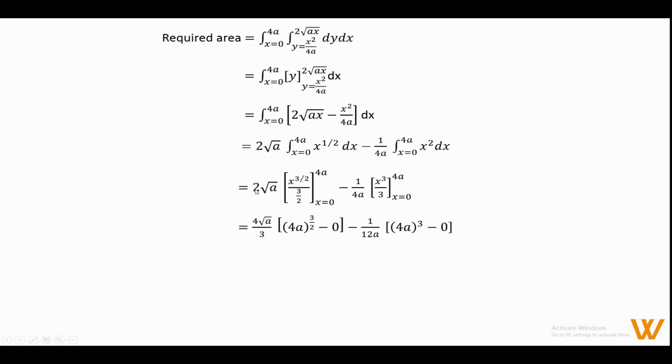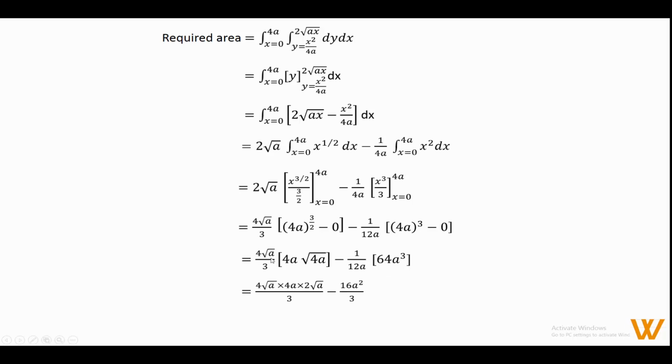into this 2 is 4 root a upon 3. Inside the bracket first put upper limit, x is 4a, so 4a raised to 3 by 2 minus 0, minus of 1 upon 3 into 4 12a, 1 upon 12a, inside the bracket 4a cube minus 0. So equal to, we get 4 root a upon 3. Now 4a raised to 3 by 2 is 4a raised to 1 into 4a raised to 1/2 means square root 4a, minus of 1 upon 12a, 4a bracket cube is 64a cube